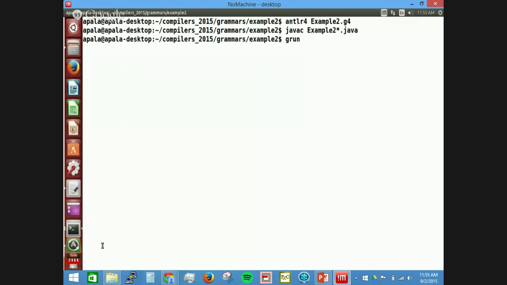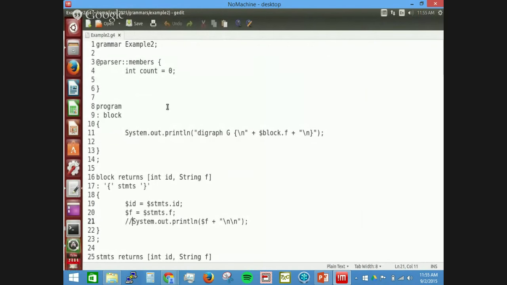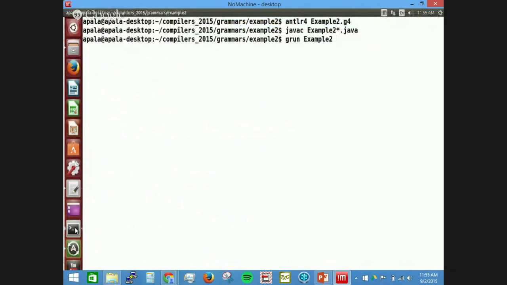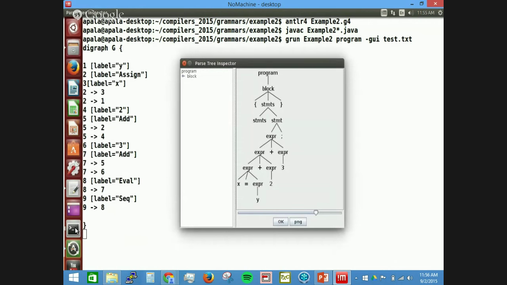Run. Okay, so I gave it some random test input, and ANTLR automatically generates the parse tree, as you can see